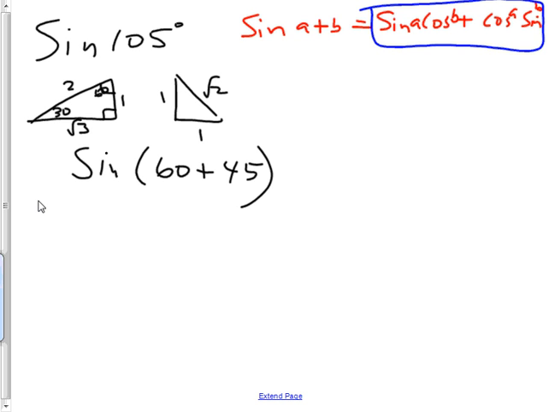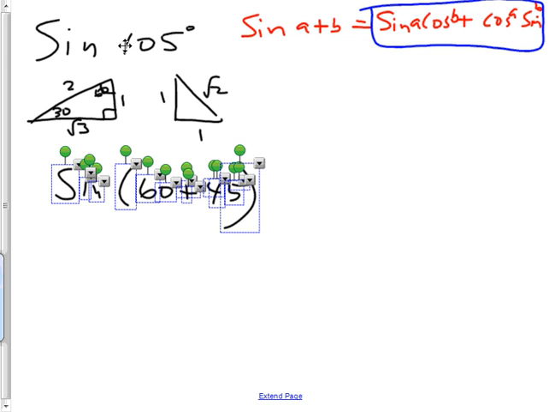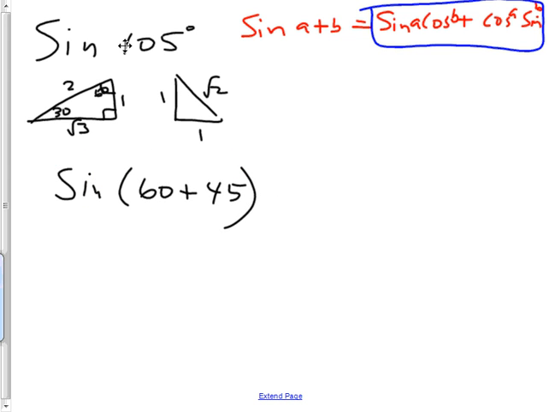Okay, here's a problem. You take the sine of 105. You say, I can break that up into sine of 60 plus 45. There is a little app for that, so to speak, and it is this right here. You'll have to be given this. Well, you could have it memorized. It's not that hard, but if you are given it on the test, you should be able to go like